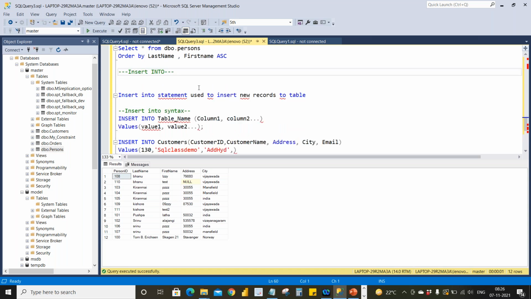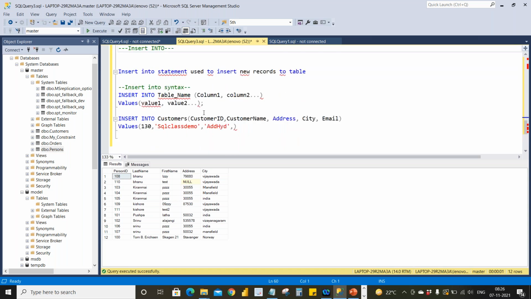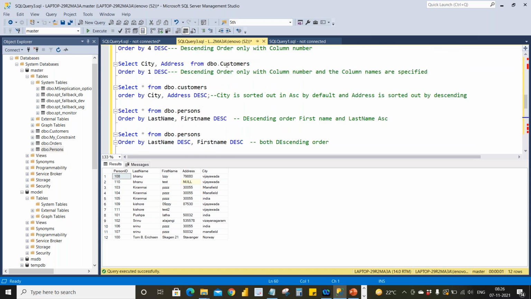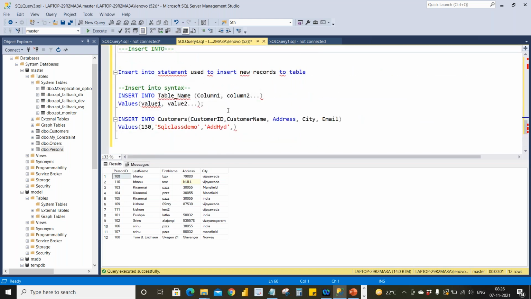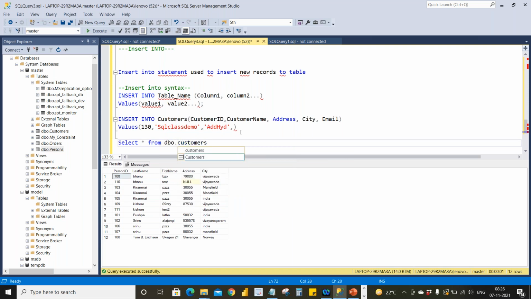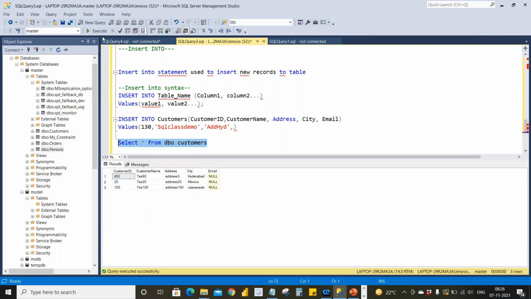So we will go to the insert into statement. Insert into statements are used if you want to insert data. Suppose in select star from dbo.customers, we have only three rows, and I want to insert a fourth row.